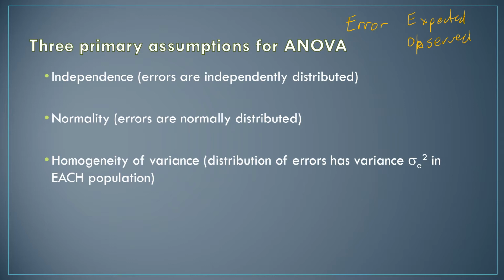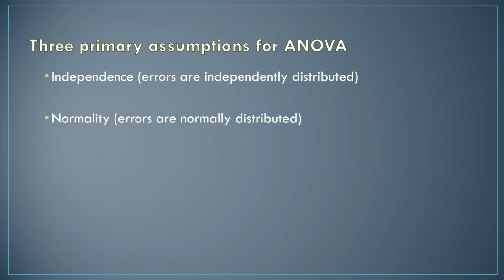Because that shifting of variance is what shifts the means, to be able to compare those means and see if there's statistical differences. So it's important for the differences in the groups to not be from the violation of homogeneity of variance, but to actually be from a shift in the variance. So the third primary assumption for ANOVA is homogeneity of variance.